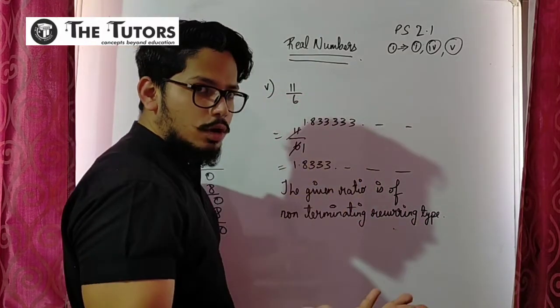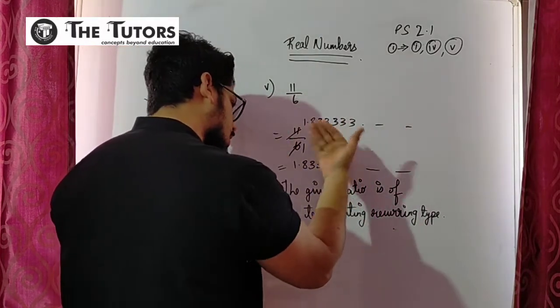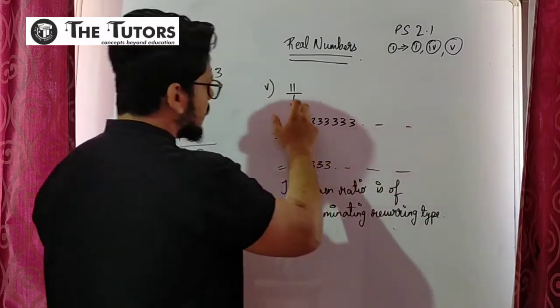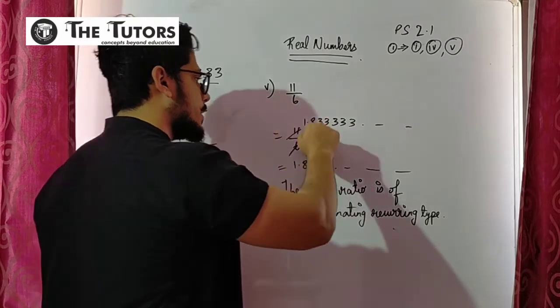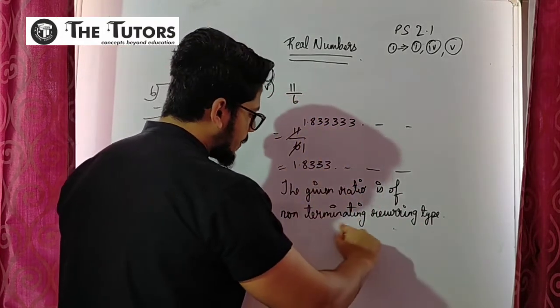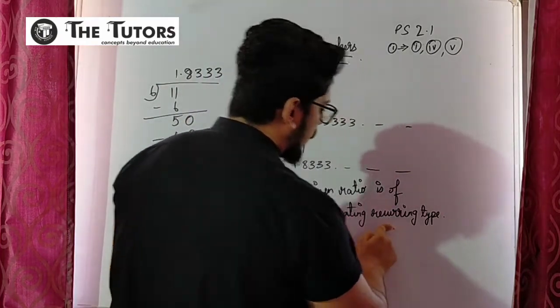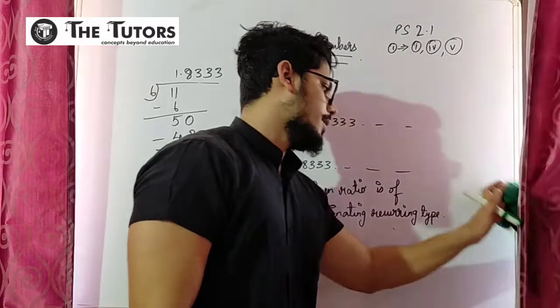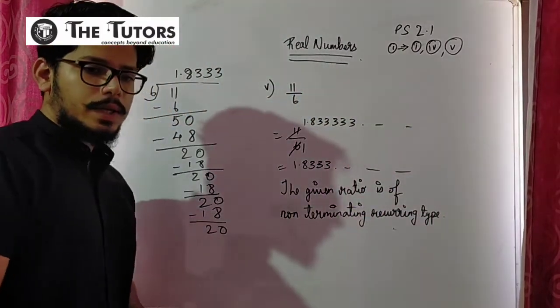And it is also not stopping. So this also becomes your non-terminating part. So definitely this is the given ratio. That means this ratio is a non-terminating one, but also a recurring one. Non-terminating recurring type. Take a good look at this, and if you don't get it, ask us on WhatsApp or in the comment section.